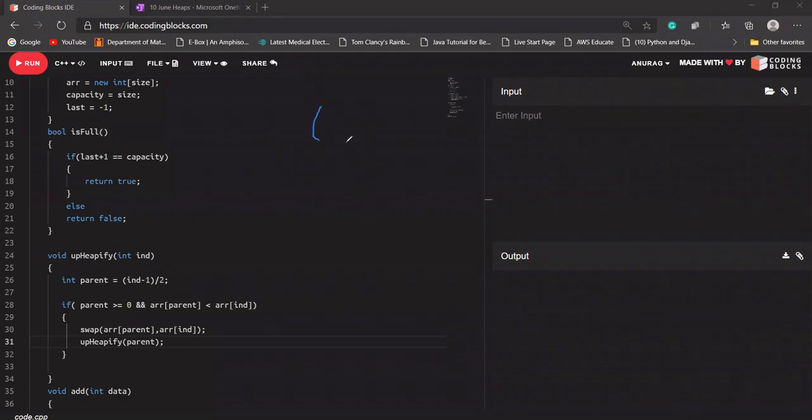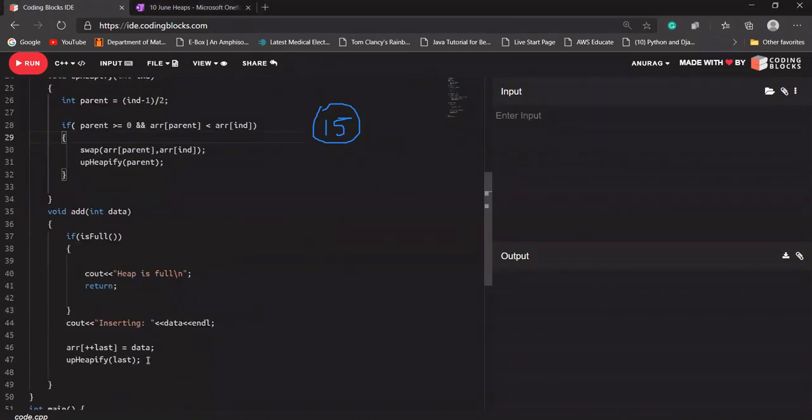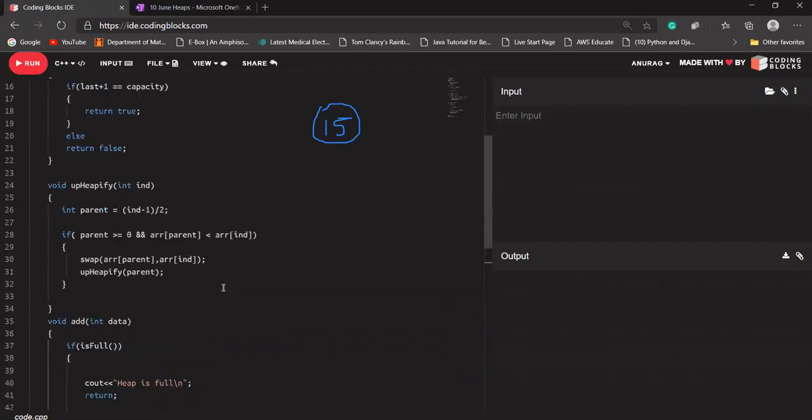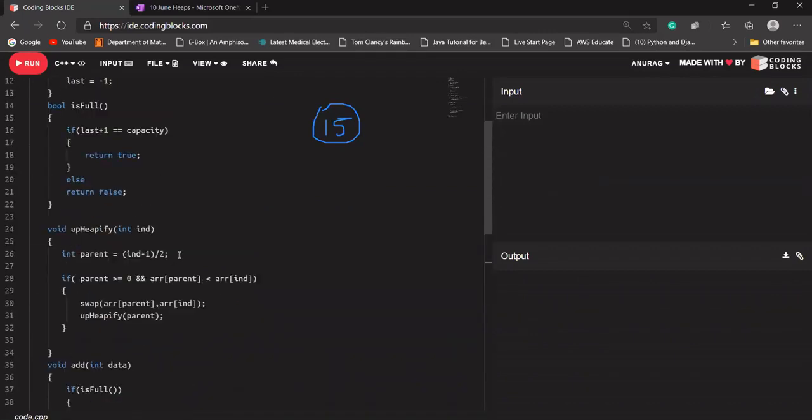So at index 0, let's say I'm trying to add 15. 15 will be added at index 0, and it is going to call the pp5 function and pass the last index, index 0. It is going to calculate its parent: 0 minus 1, which is minus 1, divided by 2, it will be 0.